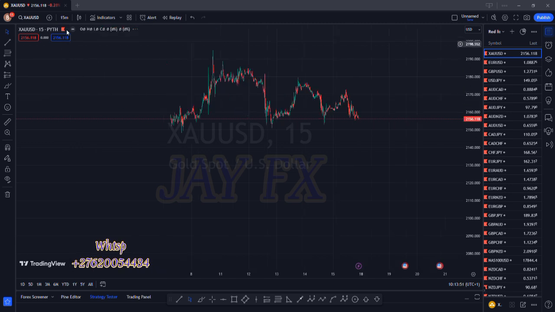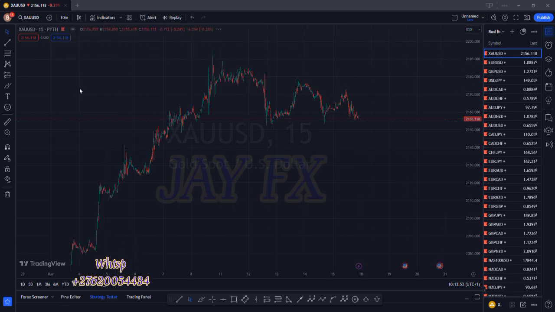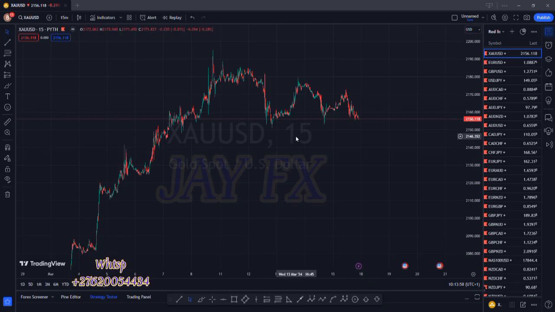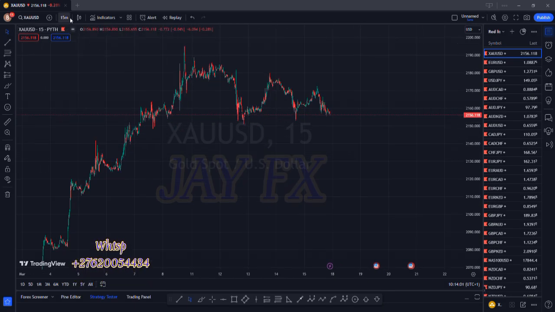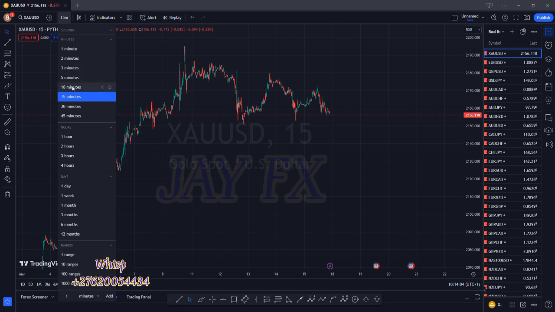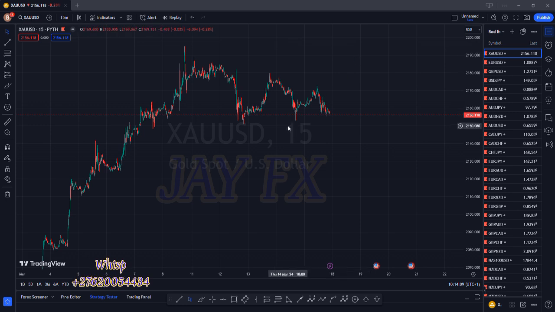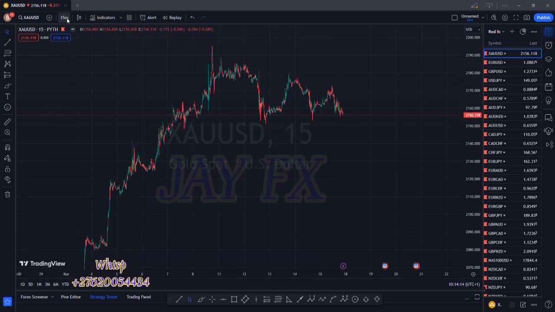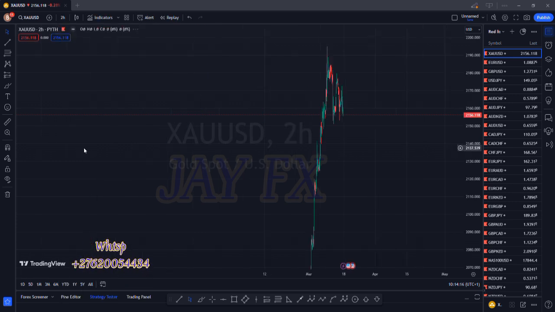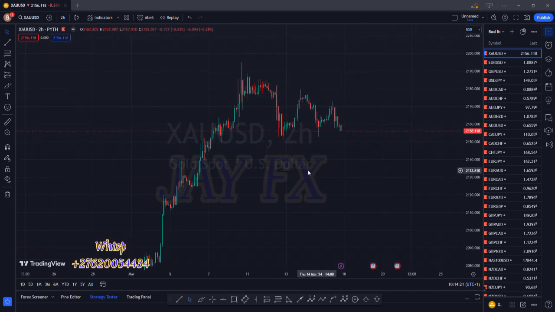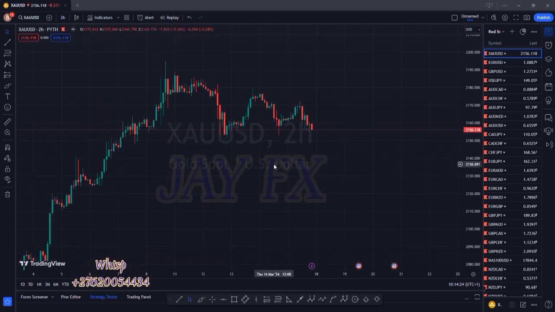So this 15 minutes, most of the time when I want to trade, this is my favorite time frame. So here we're on a 15-minute time frame, my favorite time frame. I love it and I like it. This way I mostly get entry from. So now what we're going to do, we're going to go back to 2 hours. Let's start from there, because if we go to 4 hours,